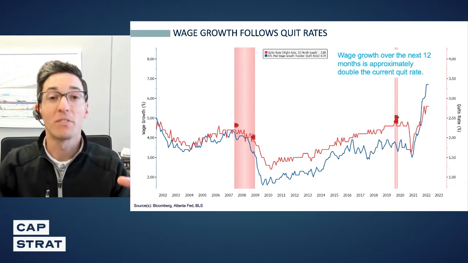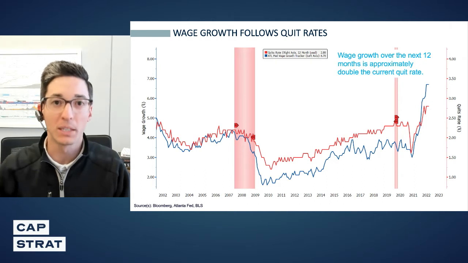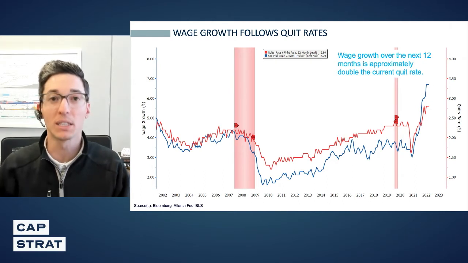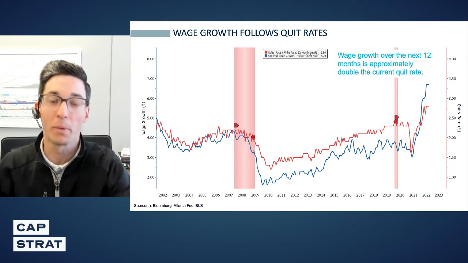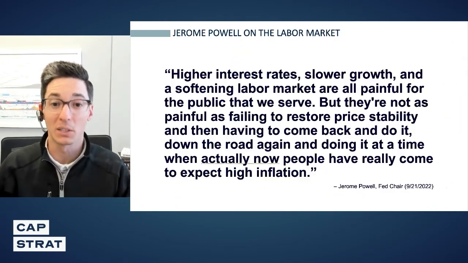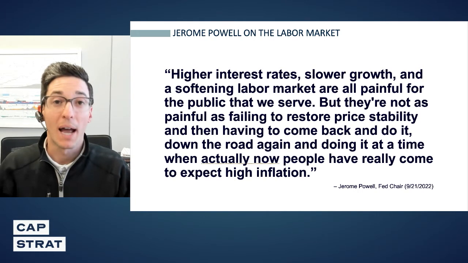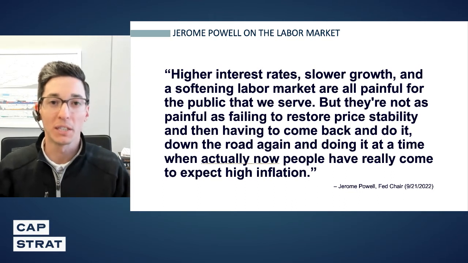And so the question is, can the Fed do both? Can they keep full employment while restoring price stability, bringing down inflation? And increasingly, if we look at some of the sound bites from Jerome Powell from the most recent FOMC press conference last week, you see the Fed is now of the opinion that they cannot have both. They are going to have to compromise the labor market, experience some softening in the labor market, in order to achieve price stability. And you see that basically in the first half of this quote.